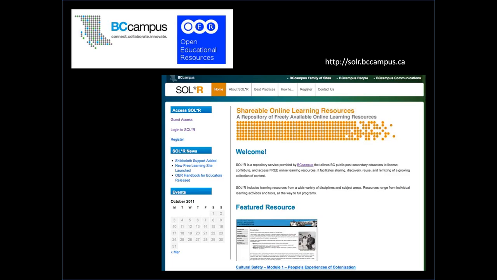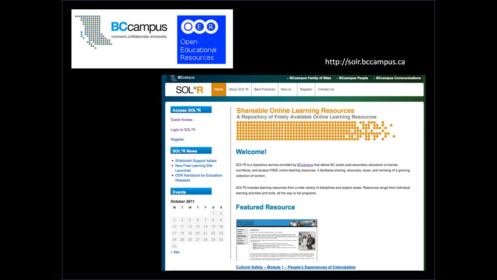So both James and I, our respective OER initiatives, are using, as James pointed out, a piece of software called eKela as a repository. So at BC Campus, all of the many resources that have been funded through our initiative are put into what we call SOLAR, the Shareable Online Learning Resources Repository, and people can go there. There's the URL, and you can actually search by field of study or by the institution that developed it, and that kind of approach. I think that as we look at most OER initiatives, that's the approach that they're taking.